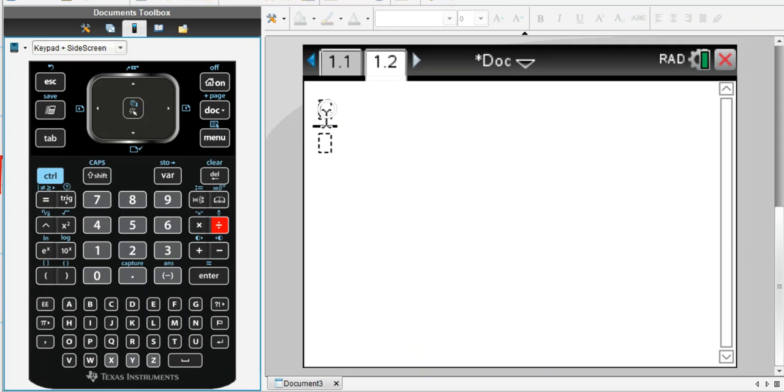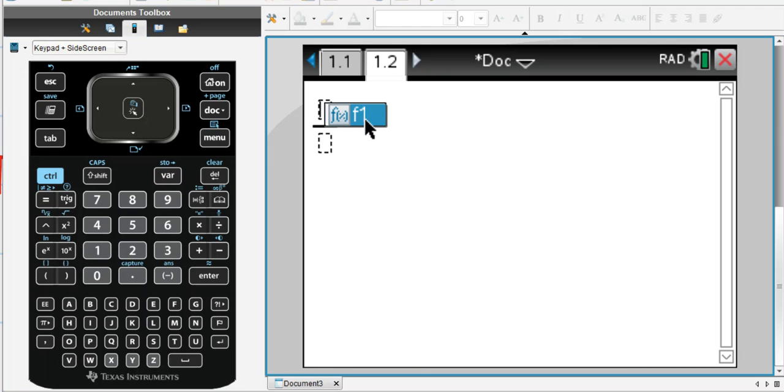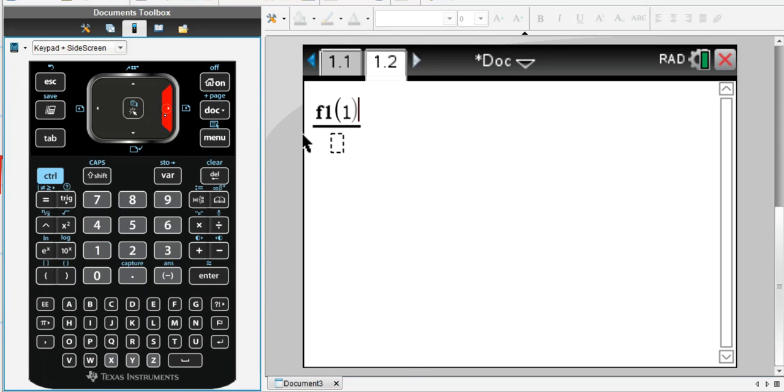Well, to evaluate the function at 1 and to evaluate the function at 7, this is pretty easy to do. This button here, the variable key, stores all the variables that are associated with this document. And right now the function is acting as a variable because it can take on any value based on what x we provide. So I press the variable key, and normally there's a list of variables that we can choose from. This time around I only have one variable stored in the calculator. So I'll click on that, or I could press the enter key, and it will select that variable, that function, f1. We're going to evaluate that function at the number 1